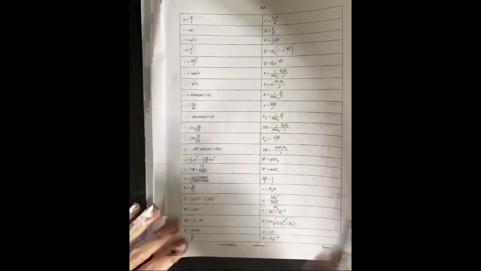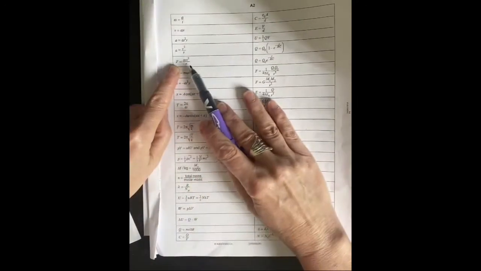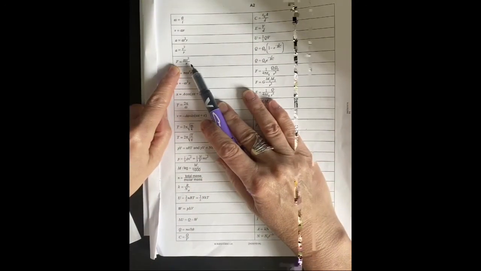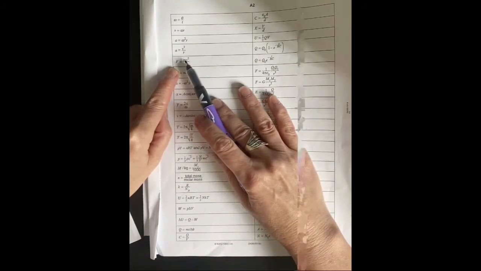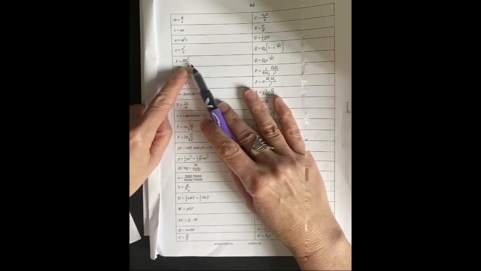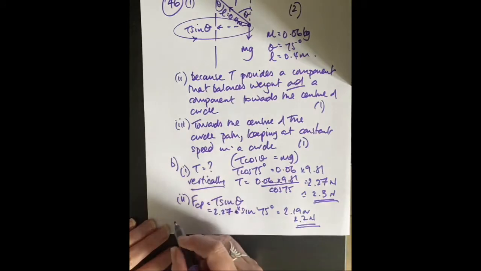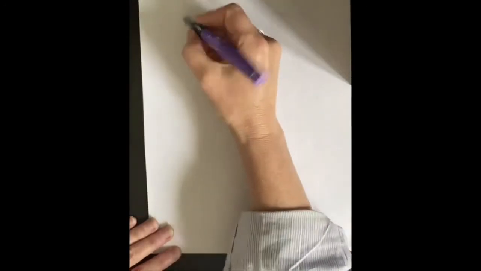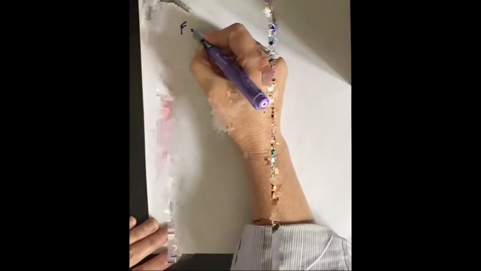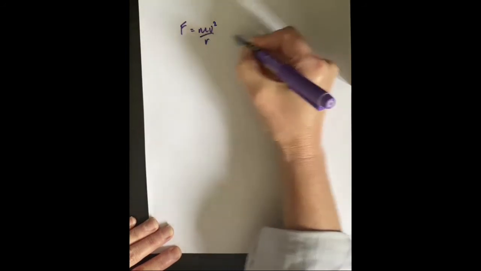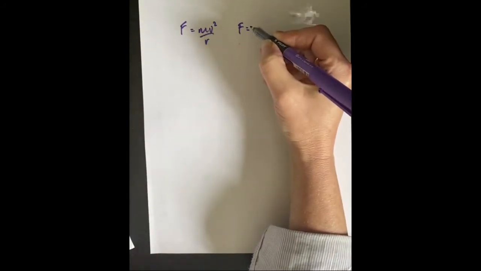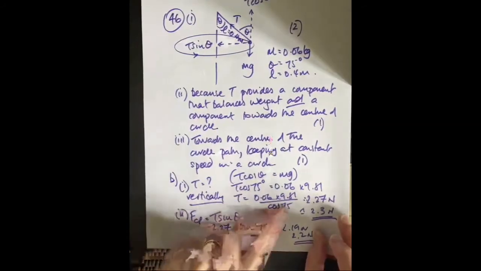Because we've calculated the centripetal force, we know F, we know m, we know r, so we can calculate v using this equation here, alright? So if I say F equals mv squared over r, and F was the centripetal force, which is 2.27,